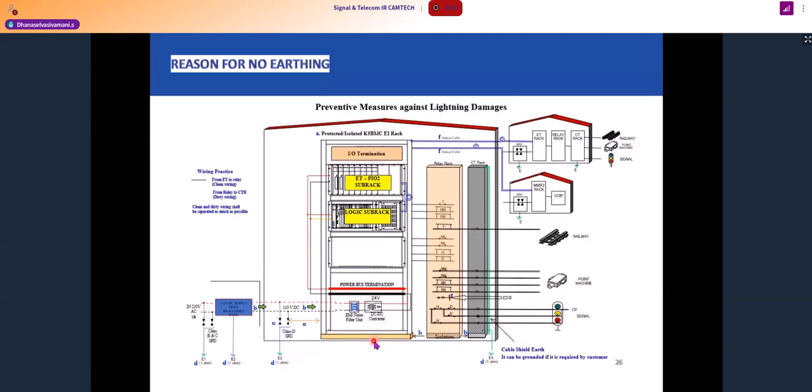In the fifth one, one more point is that if a surge comes into the rack, it will not reach the subrack. Between the rack and subrack, we will be providing polyoxide material, so there will be physical isolation. If you keep a buzzer between the rack and our subrack, there should not be any continuity. So this is how these five points are making sure that we can maintain the